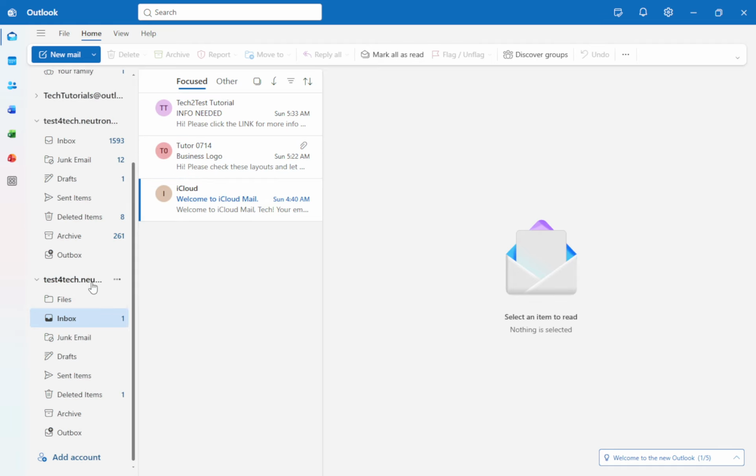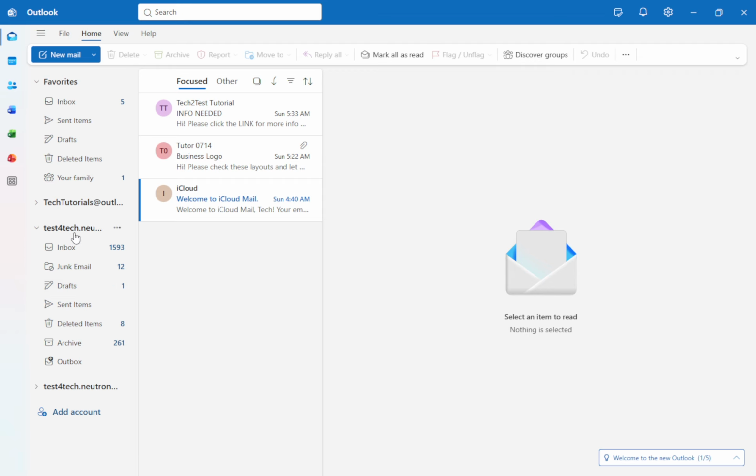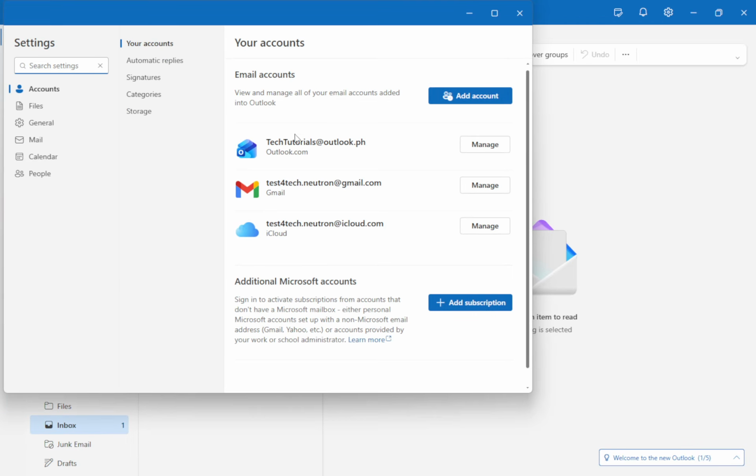If you're prompted for two-factor verification, have a trusted device nearby to receive the code. And if anything doesn't load, check your internet connection and try refreshing the page or restarting Outlook. That's it. Use the browser for the fastest access or Outlook on Windows if you want everything inside an app.